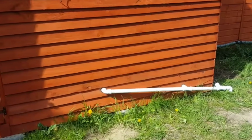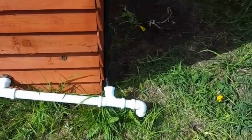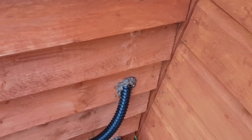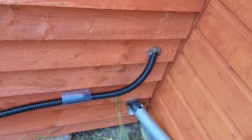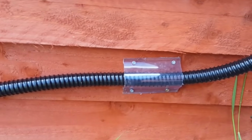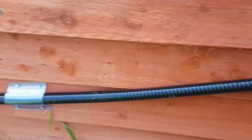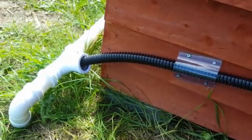Well, that's the waste pipe all connected up. So toilet, shower, kitchen sink comes round from this back here. I've just siliconed that in just to keep any drafts or critters out. Didn't have any factory made clips, so I did what I've used before. I've cut down some of that plastic sheeting and screwed it on. So I've got a nice fall away there down to that joint in the